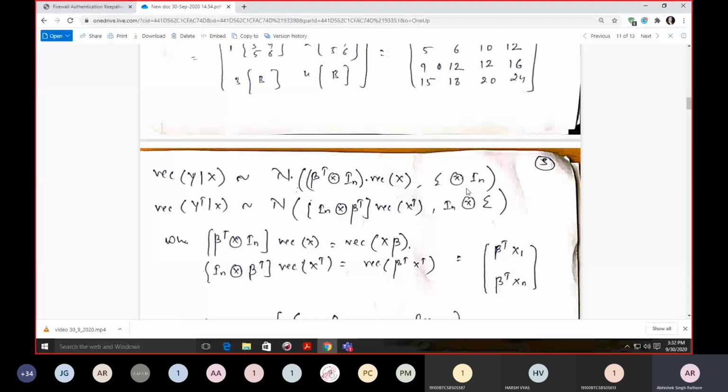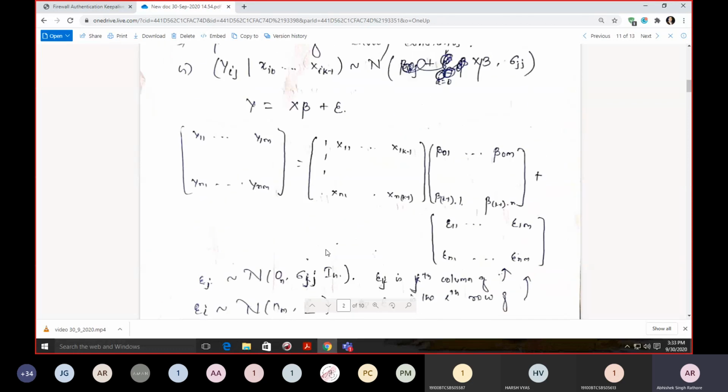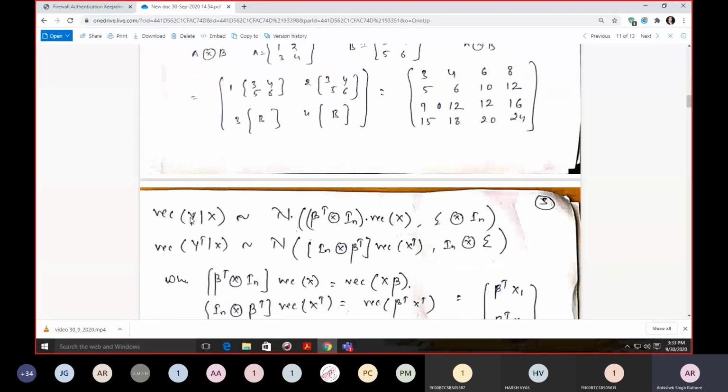Okay. So now we are taking the conditional distribution of the data, and we are going for identifying the mean and the variance of this matrix. So what is the mean and the variance of the matrix? Here we get the vector of y. We are just considering only a single vector instead of considering the whole matrix. Let's say we are considering this vector or this vector or this vector. Fine. So this is one vector, second vector, third vector, and so on. So we are considering any vector y given x.